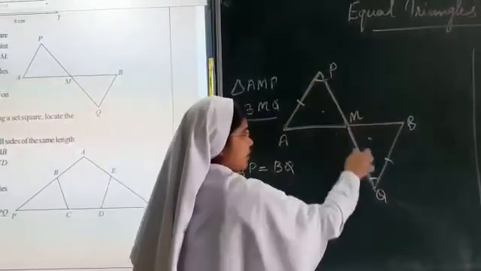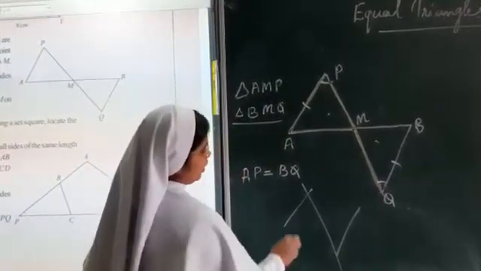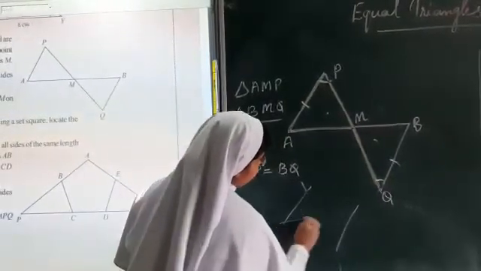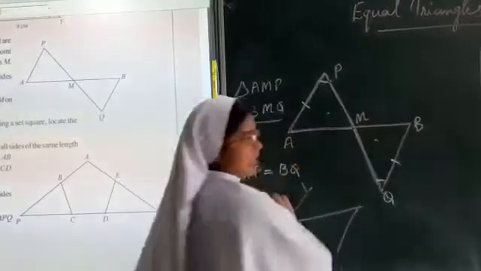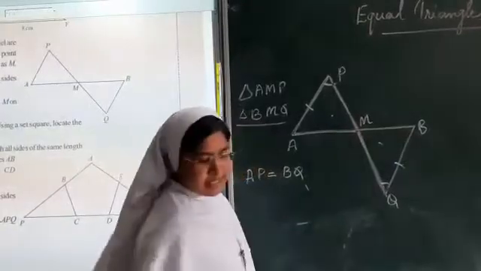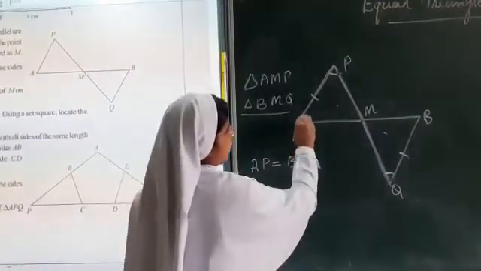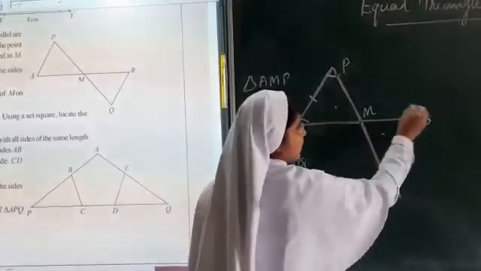The same way here, as you said in the beginning, these two parallel lines are cut by another line. Now there again, you look, it is cut by AB. So the same principle we can use, that is, the alternate angles will be equal. That is, angle A will be equal to angle B.